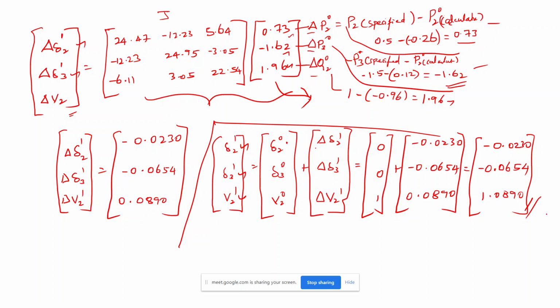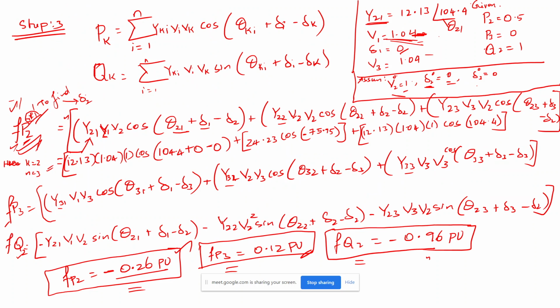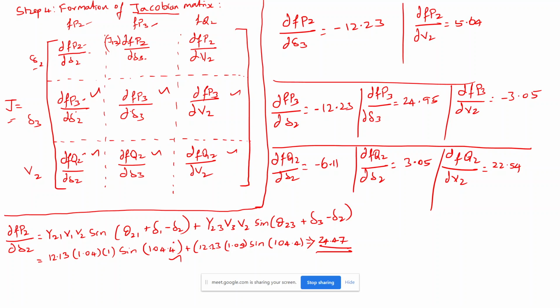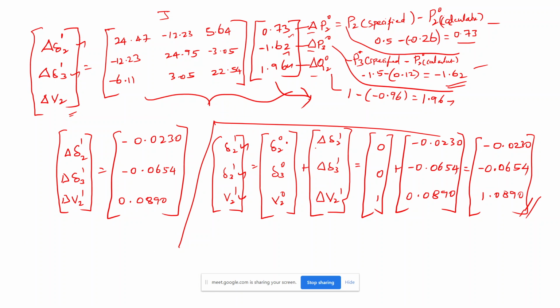So this is for theoretical calculation. In examination you will need to find out the unknown or unspecified values using the Newton-Raphson method for at least one iteration, they will tell. And definitely you are going to solve this problem using polar form only, not the rectangular form. So after finding out the y bus values, you need to convert them into the polar form, then only you will be able to calculate easily. And in the syllabus also they have given the same thing, right?